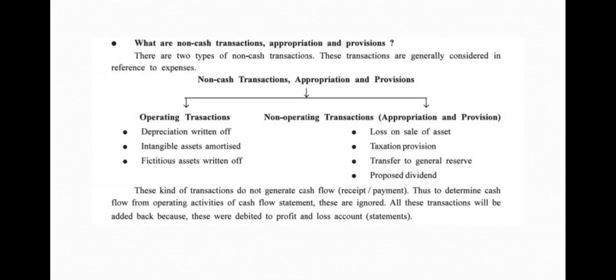Appropriations and provisions, which can be loss on sale of asset. Loss on sale of asset is one kind of non-cash transaction. Taxation provision, transfer to general reserve, proposed dividend, etc. Right? Let us talk about the next thing, that is